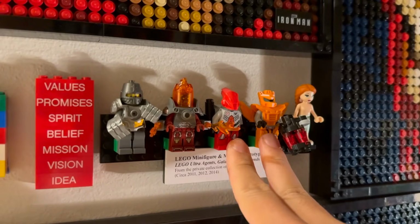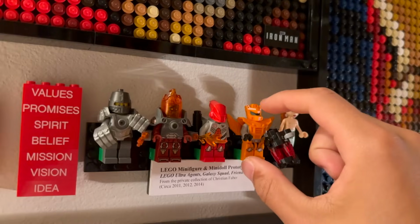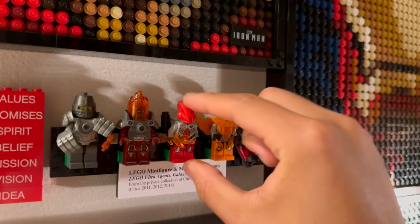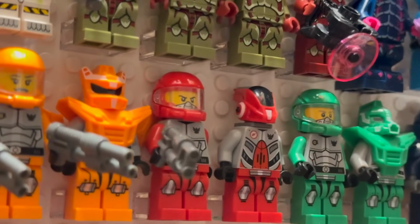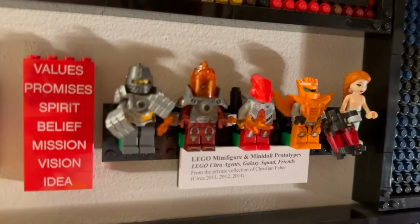Obviously, these are prototype minifigures from Galaxy Squad. This one actually seems pretty close to the actual one. Some of the printing is slightly different and more faded, but this one's really cool because it's actually fully unprinted. The actual minifigure has a black visor, so the finalized one that we did get over here, you can see that black visor and white and black printing on the helmet itself, but they actually didn't do that for the prototype, and they kept it to just a plain unprinted piece,